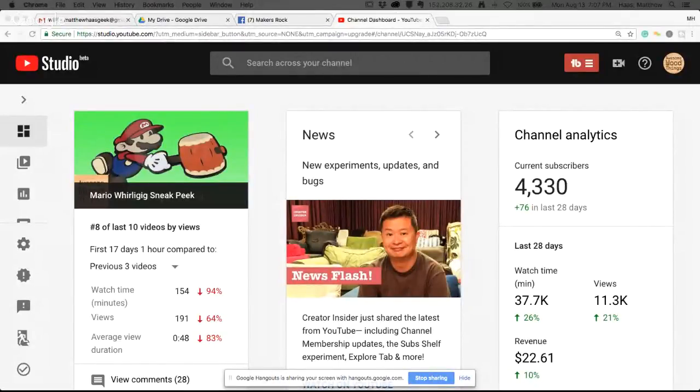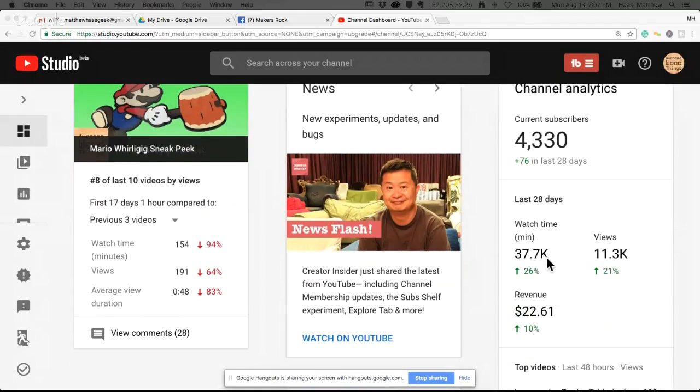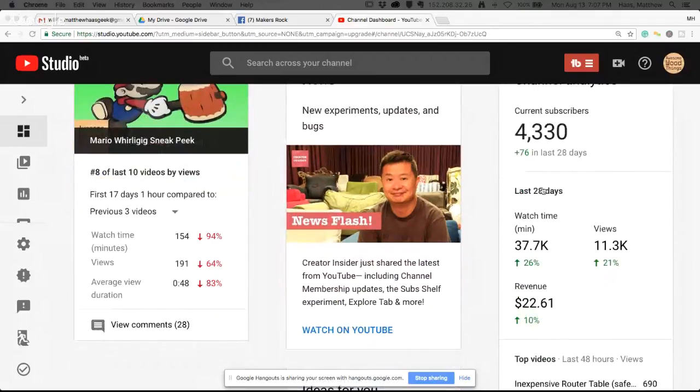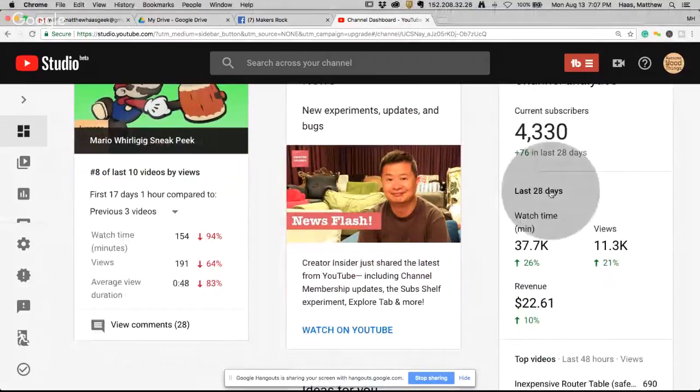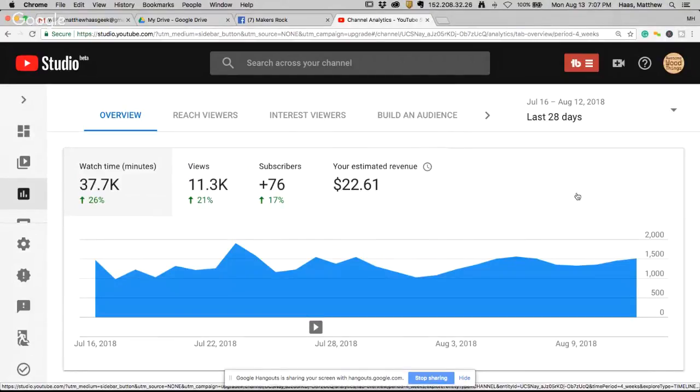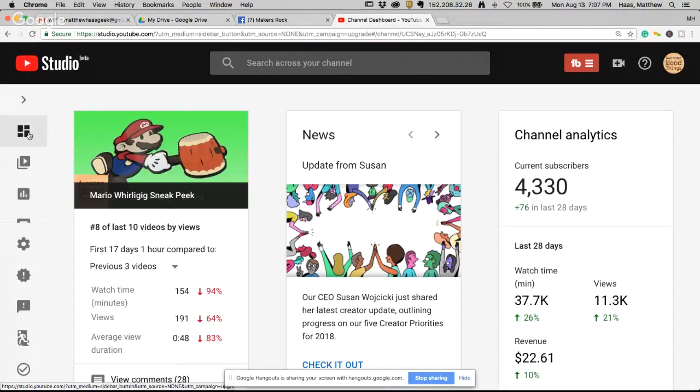So let's take a look at the dashboard here. Off to the left is just random stats kind of thrown in here. The metric is the last 28 days. You can click into that. You can go to your analytics section. I'm going to go back to the dashboard here. So this is just a smattering of